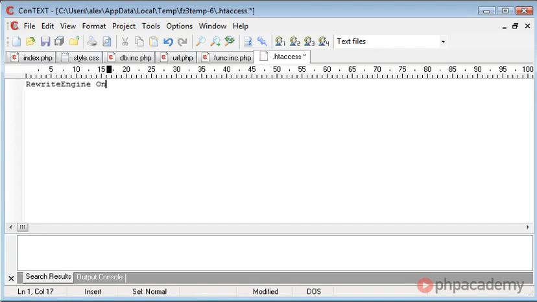So we need to say rewrite engine on. Okay, so that's just rewriting our URL, and let's put that as a small o, that's just telling that we want to rewrite. And then we're going to create a rewrite rule. So rewrite rule,